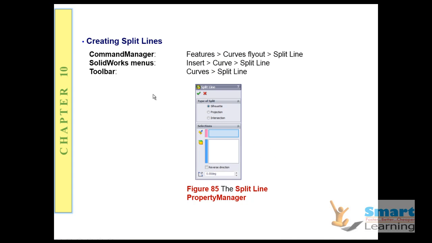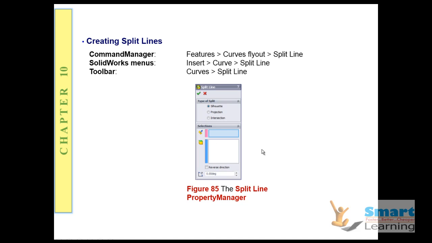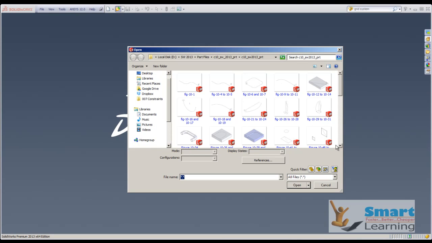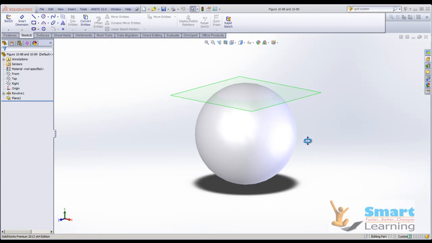Just like that, creating a split line is also one of the very important options, where you can create the resulting split line through the silhouette. You can see here the curve split line, or insert curve split line, any of the options you can use. So we'll be opening the particular file for understanding this concept. So this is the option,